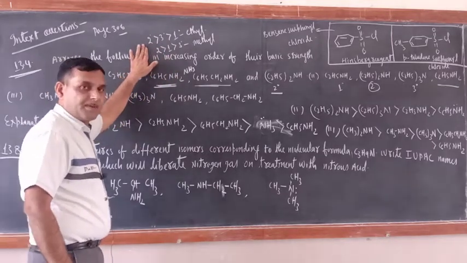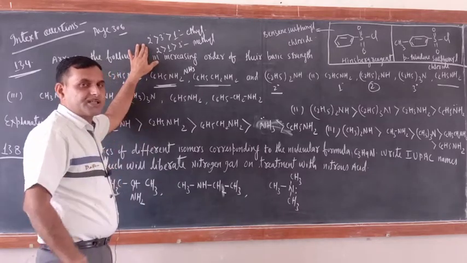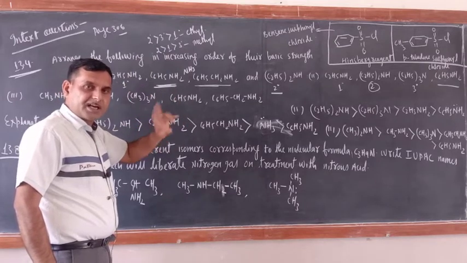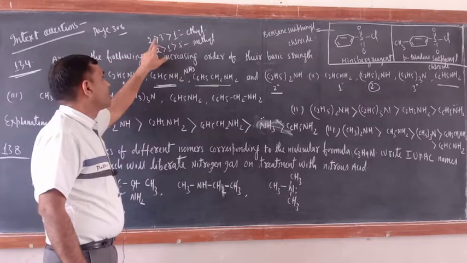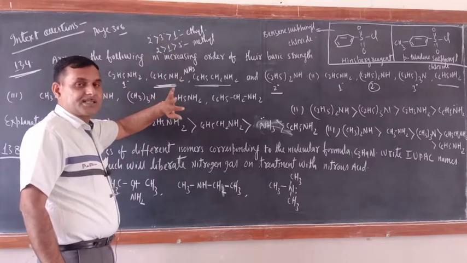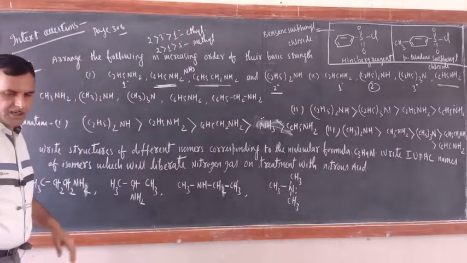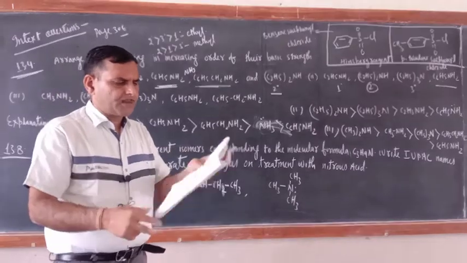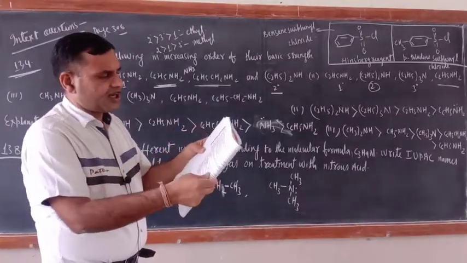Just remember this one. There is a difference in the ethyl and methyl group basicity also. Means when methyl or ethyl group is attached with NH2 group, there is a difference in the basic order. Why this difference is there, that also I have explained. In this way, this is also over. Now NCERT in text question. Now question number 13.5. Now you can do this one, I have explained this one.